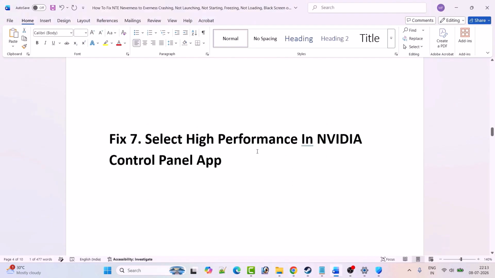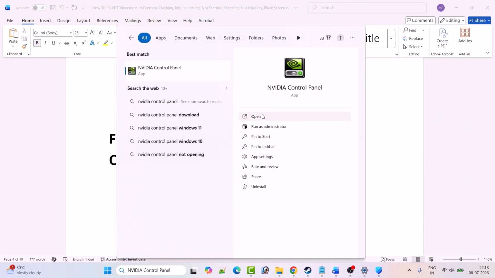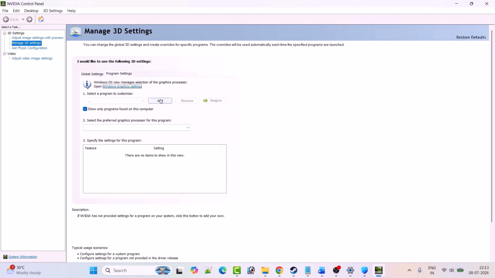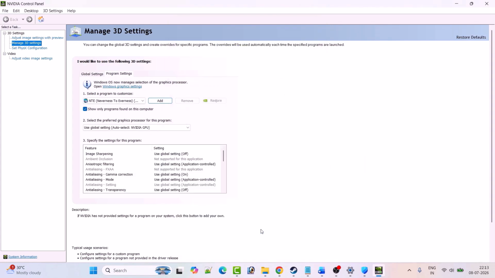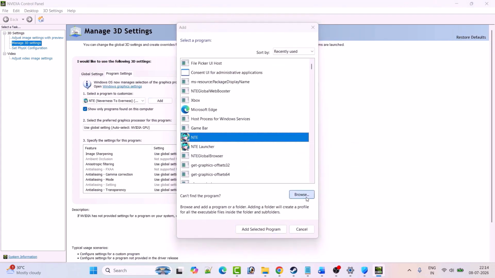Fix 7 is to select high performance in NVIDIA control panel app. So in Windows search, type NVIDIA control panel and then open it. Click on manage 3D settings, click on program settings, click on add. Now here in the list look for the NTE and then click on add selected program. Now if you don't see the NTE in the list over here, then click on browse and then browse to